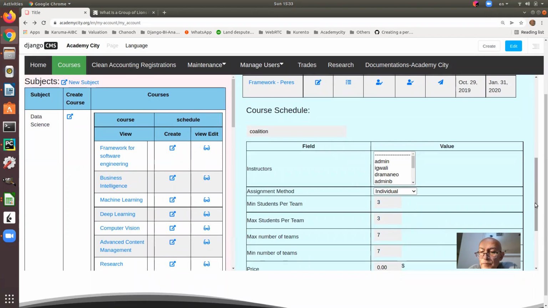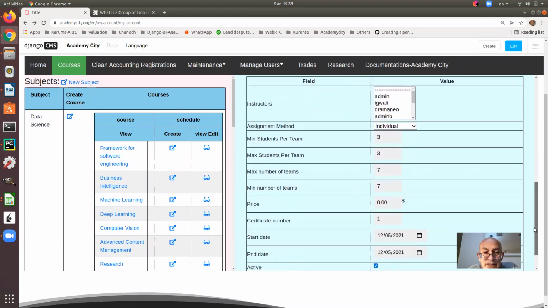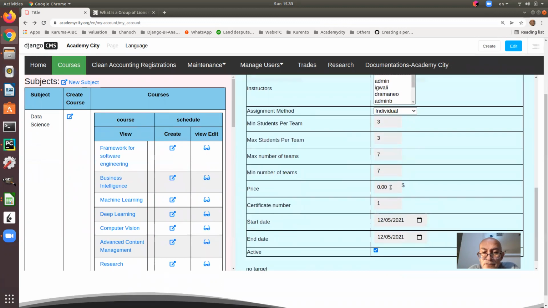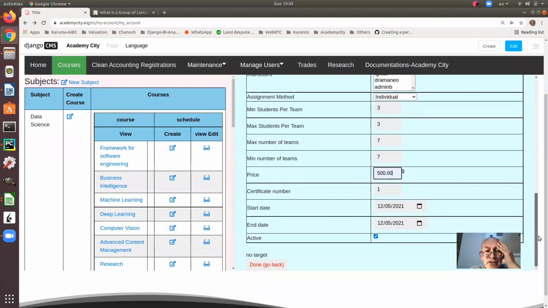So we will put a price of 500. We'll change that one to 500, so everyone knows that the price is $500. And in a second, I will tell you what we're going to do. Certificate number, that will be number 2. I did a lot of things and I even forgot. We're going to start in